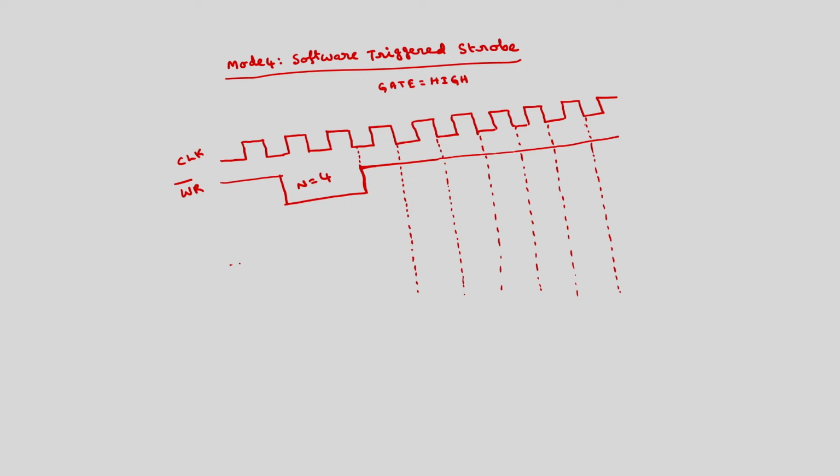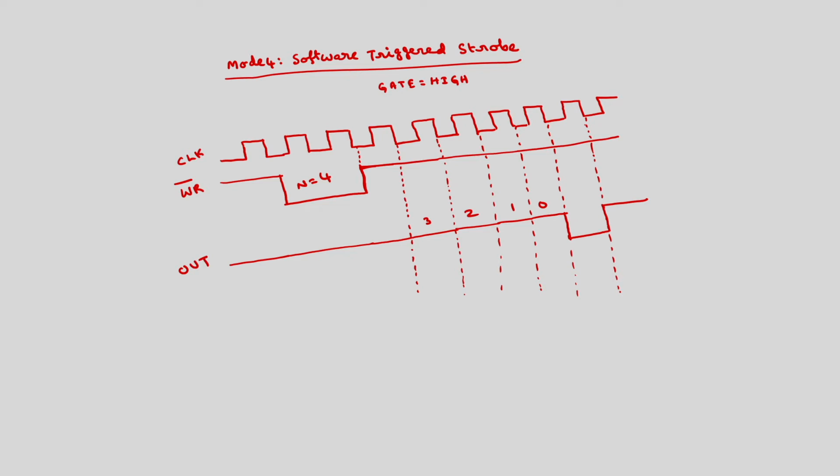So, this will be initially high only. From here this is 1 clock cycle, 2 clock cycles, 3 clock cycles, 4 clock cycles, then it will go to low for 1 clock cycle, then again it will become high. This is 3, 2, 1, 0, then it will be high for 1 clock cycle, this is out.